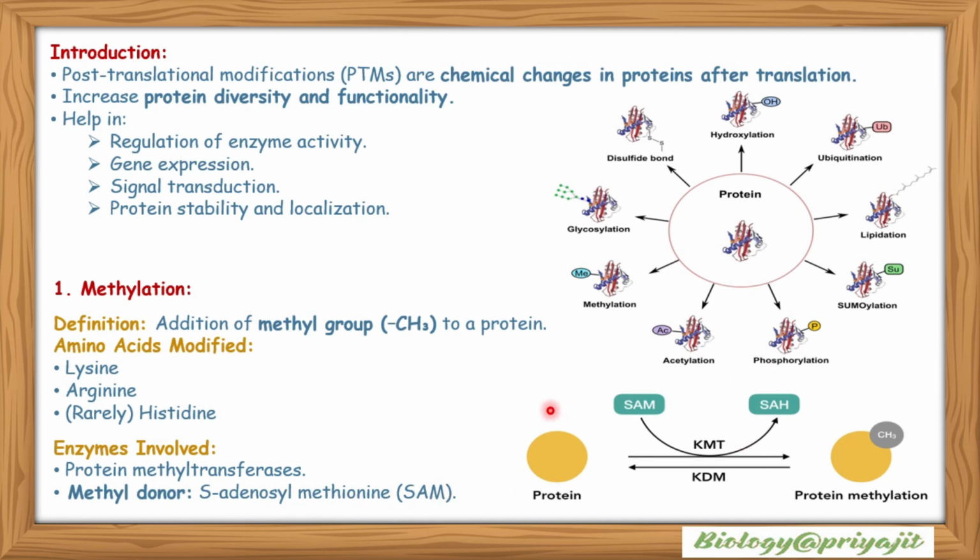So this is a methylation reaction showing the methylation of proteins with the help of the enzyme protein methyltransferase, and here the methyl group donor is S-adenosyl methionine or SAM, and